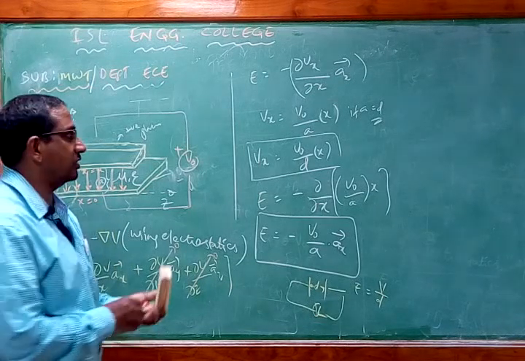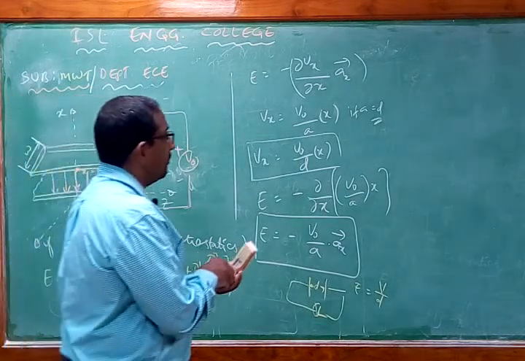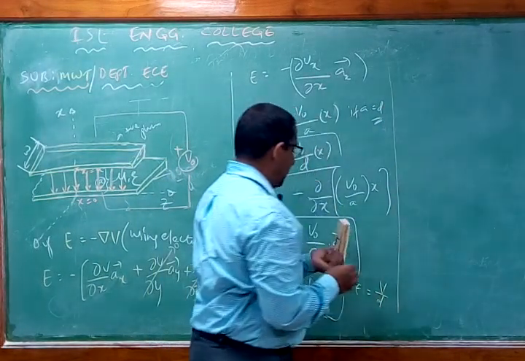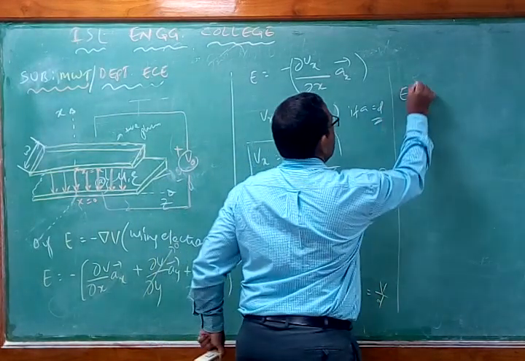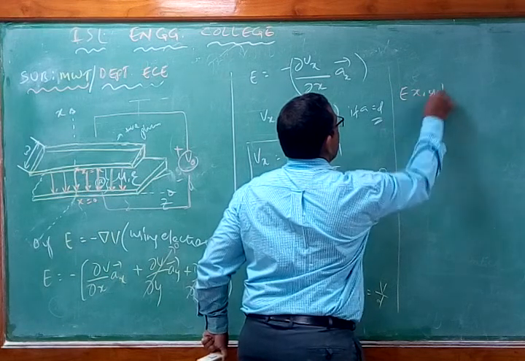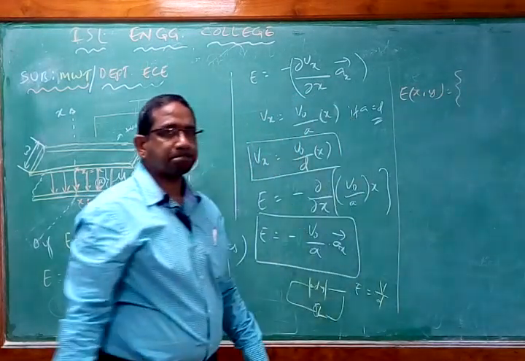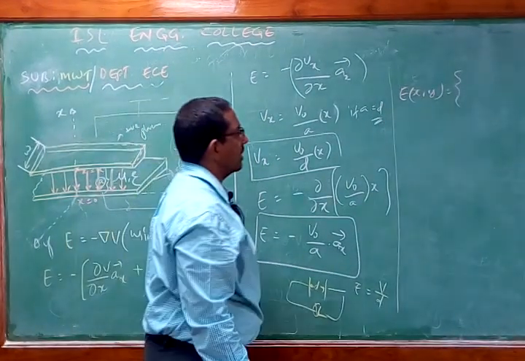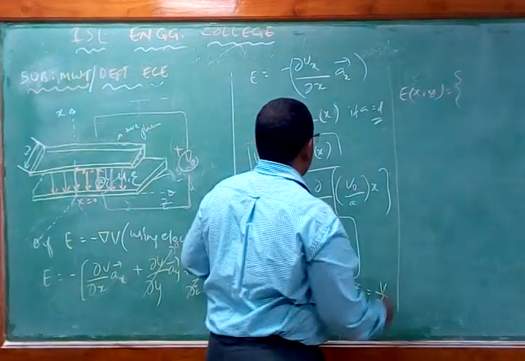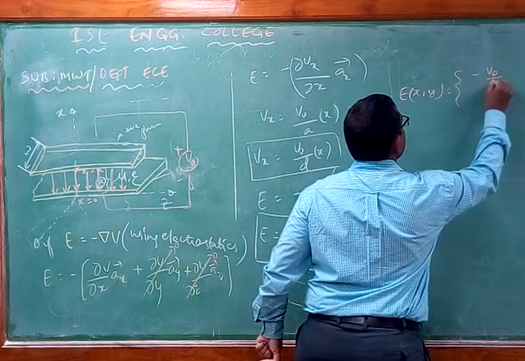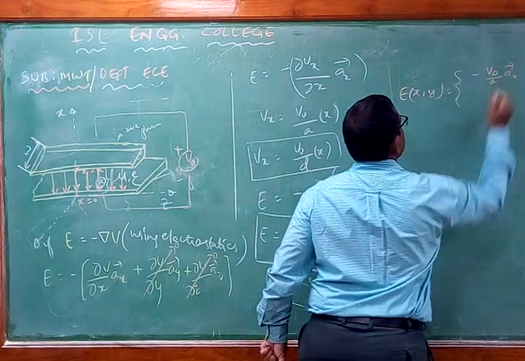Therefore, finally, the field equation I can write as E of x, y is equal to minus V naught by a into Ax, and